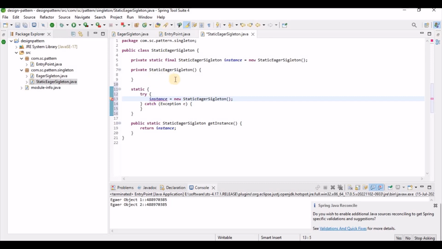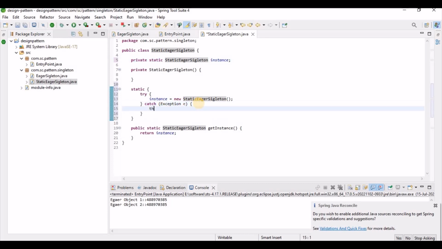So if we get any exception while creating the instance, then it will throw the exception. Like here, from the catch block we can throw a new runtime exception,